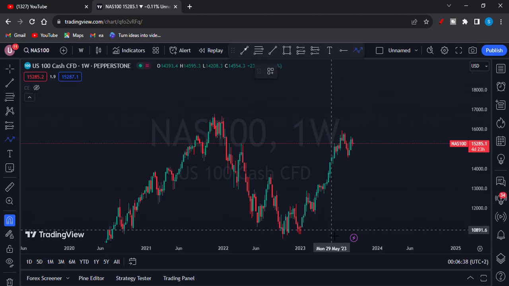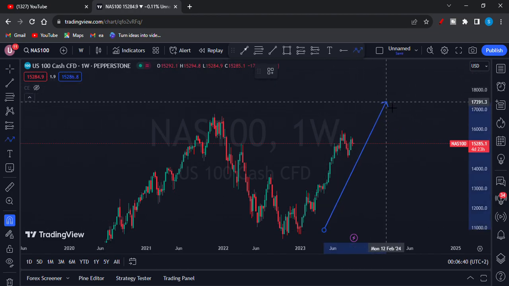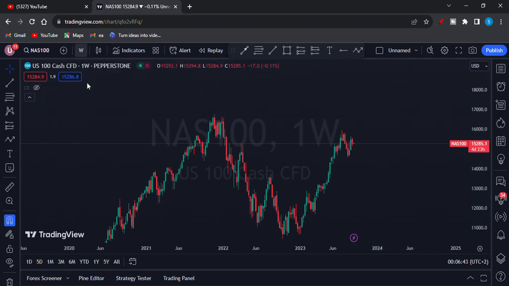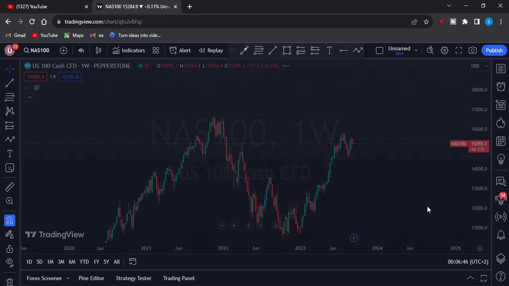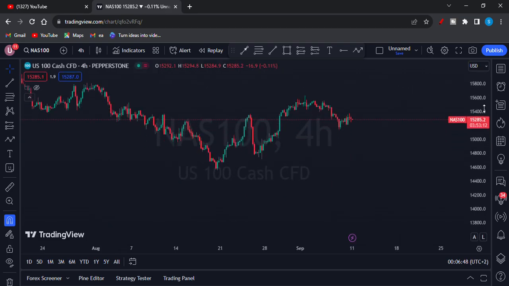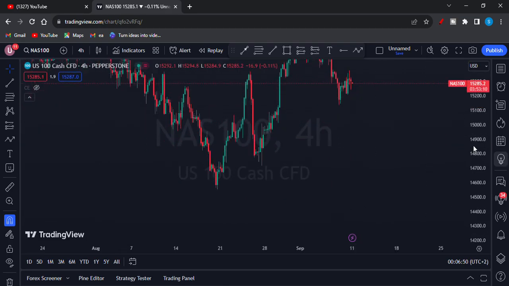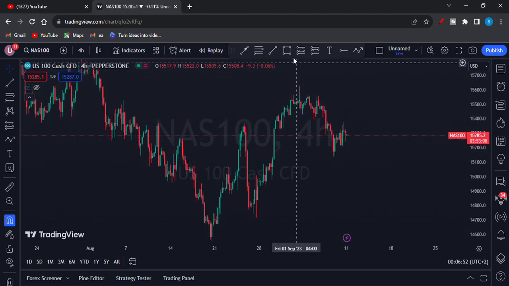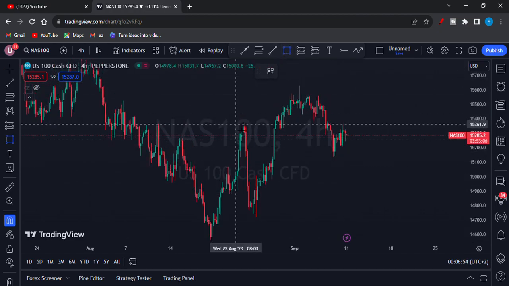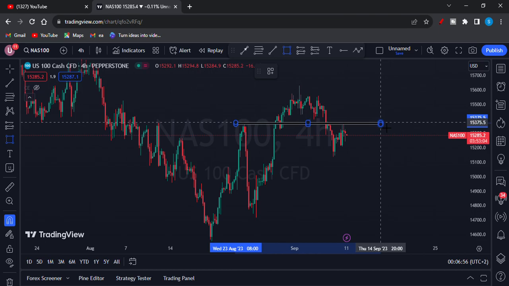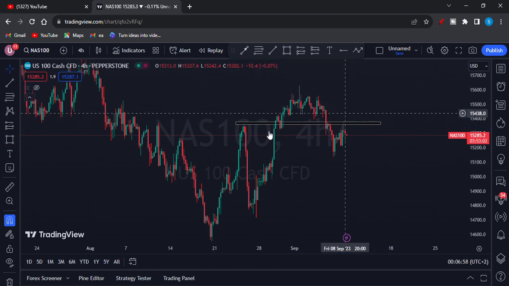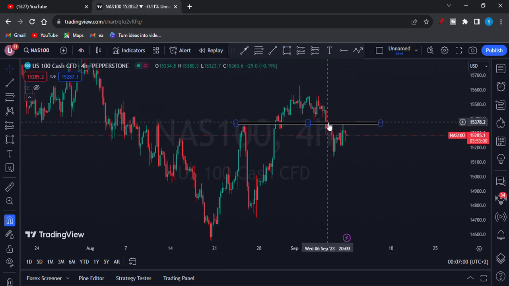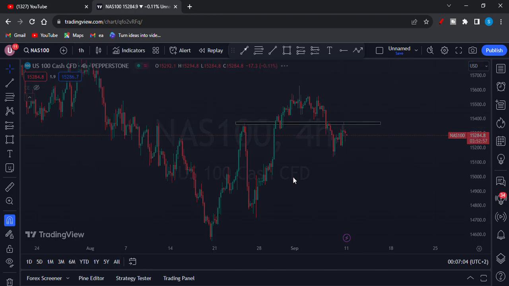So let's analyze NASDAQ. On the weekly, we are on an uptrend, and then let's go to our 4-hour. On the 4-hour we have this zone right here, this one right here, and even here. So let's go to our